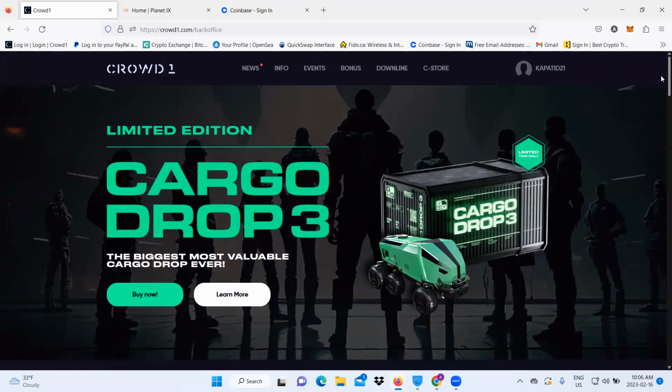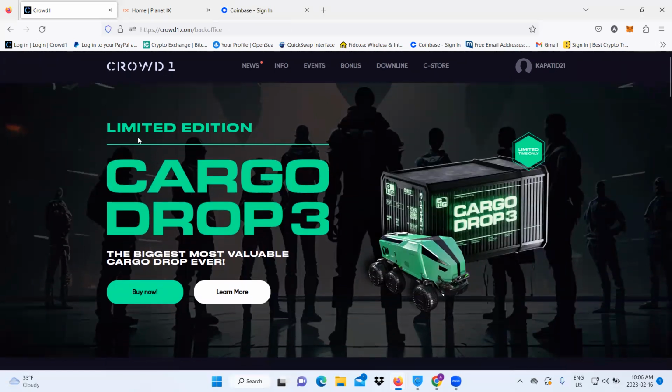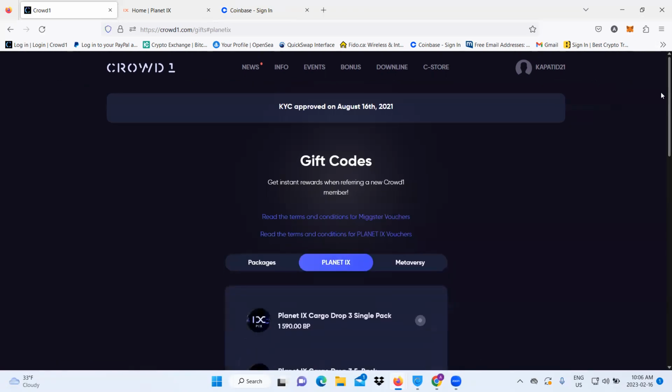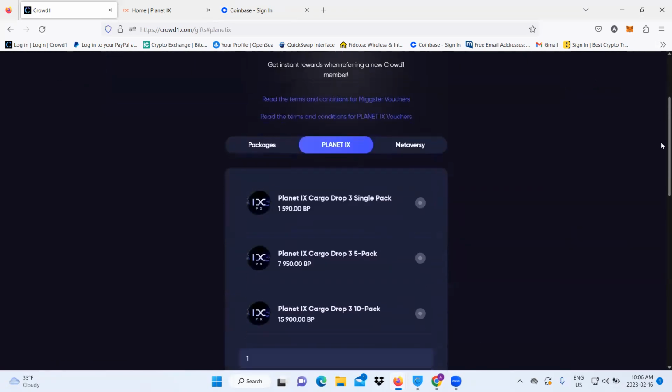Now in your Crowd1 homepage, you will see something like this: limited edition Cargo Drop 3. If you don't see anything like this, let me know down below so I can help you out, or in a group chat or in the comment section. If you see something like this, you want to click on buy now, right? And then go down